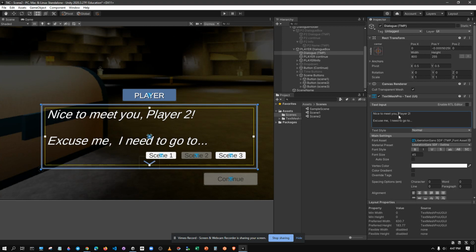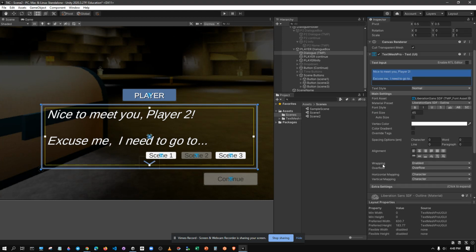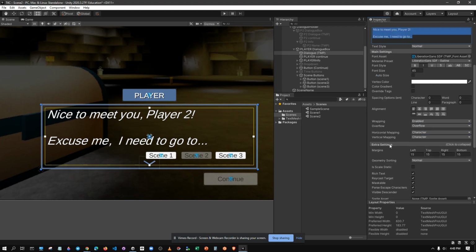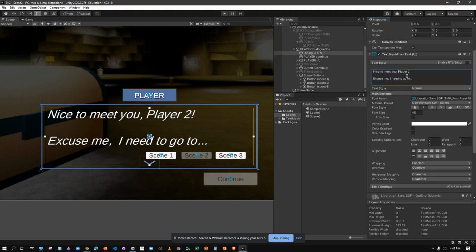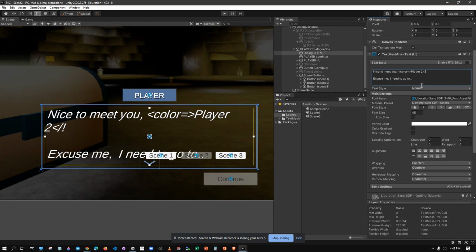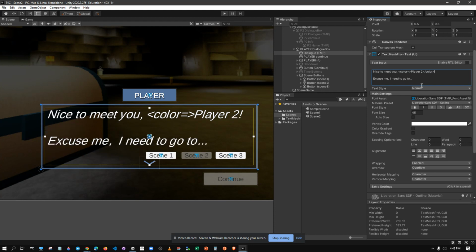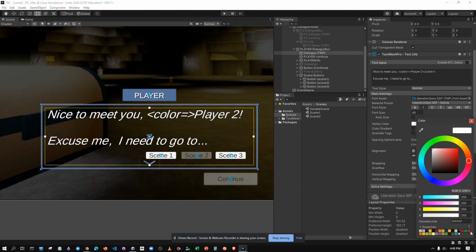So for me to change, I need to use rich text. So I can use tags. Rich text is enabled here in the extra settings. So I'm gonna be using this tag, color equals. I'm gonna close the tag. After I write, I'm gonna put tag open slash color close, and then I'm gonna click here just